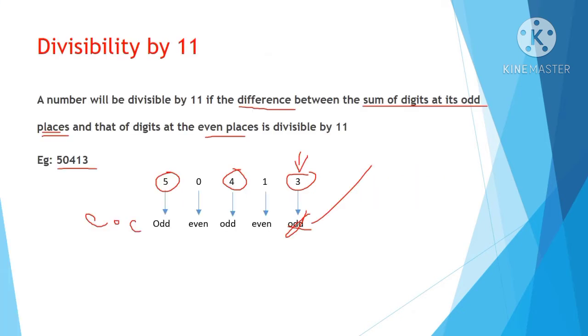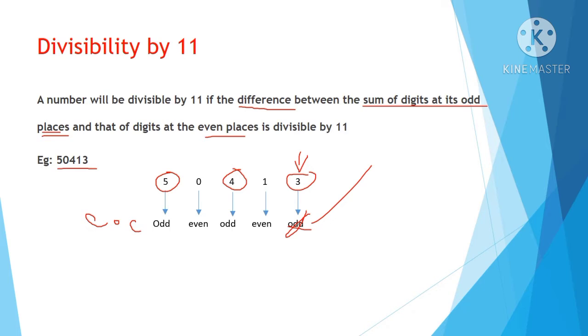Today we are going to start with divisibility by 11. This is the last divisibility rule. Already in the last few sessions we have seen some of the rules, like 10, 5, 6, 8, etc., and based on that we have done some problems also. Now we start with divisibility by 11, and this is the last rule. I'll read the definition at the last, because if I read it now, you will find it difficult. First I'll explain, and at the last I'll read the definition.